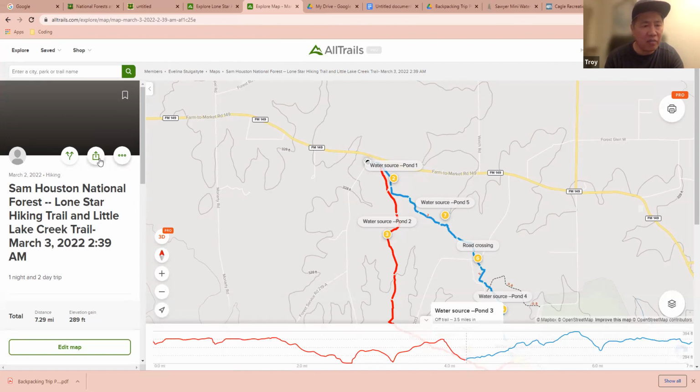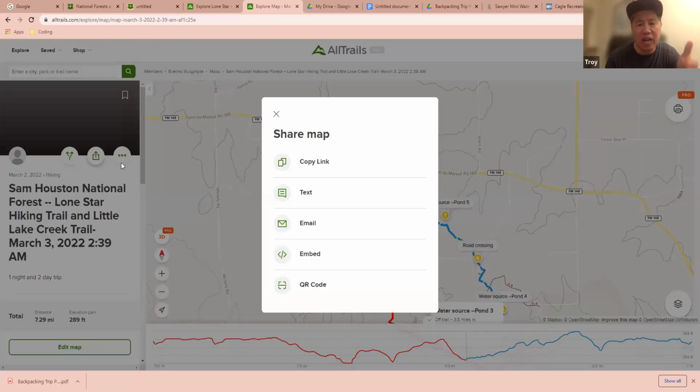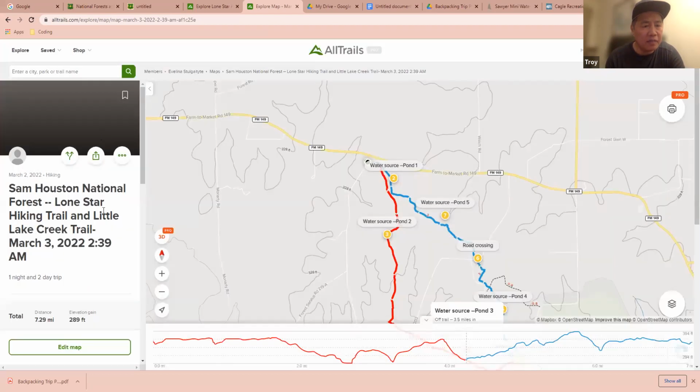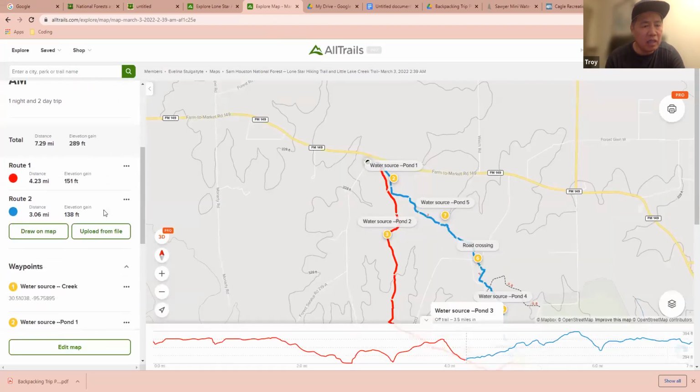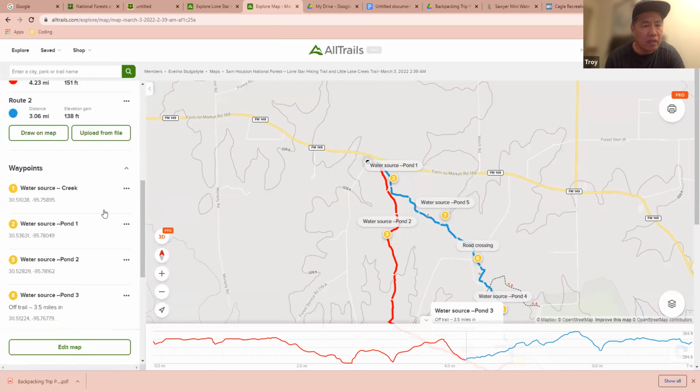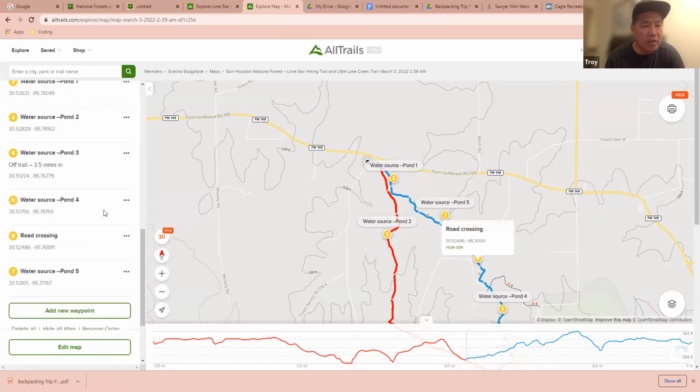Go to the one in the center. Is that the one for... what is that? That one was for sharing. Okay, that's for sharing. And so you can just copy the link, or you can email it, or you can embed it, all those different things. I usually just copy the link and share it with people. And then what you can also do is go back to the menu on the left, and you scroll down a bit. And then, so if you go to edit map,